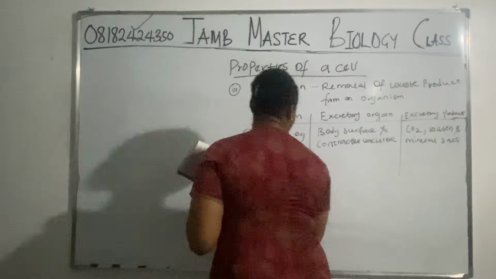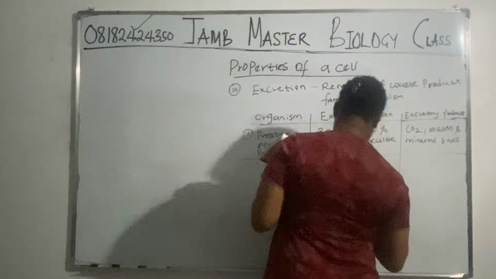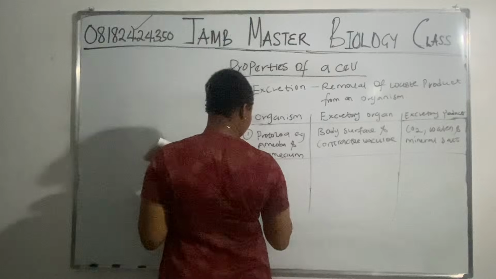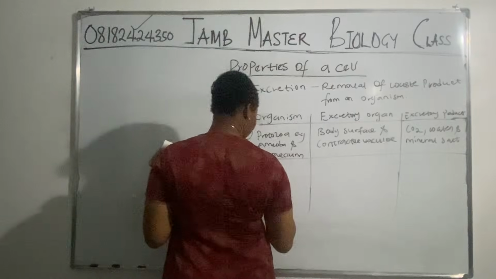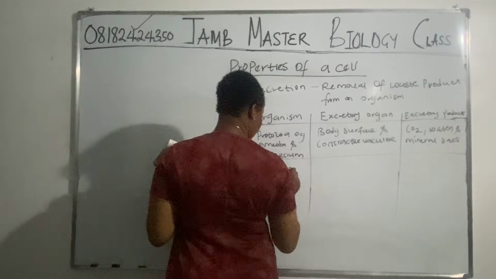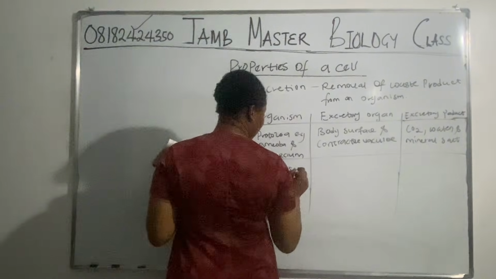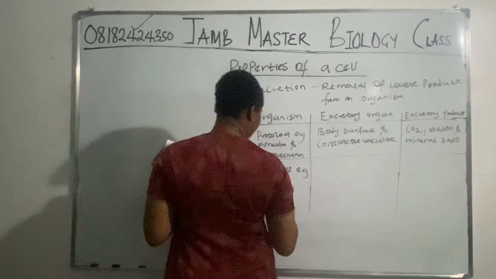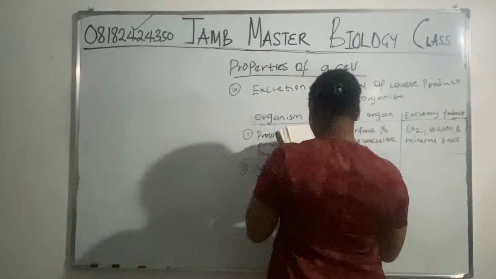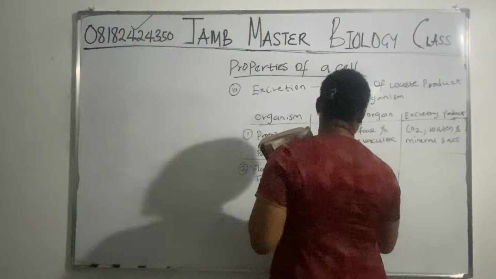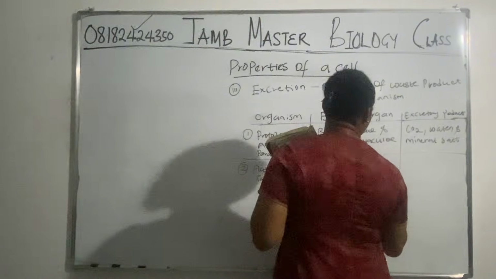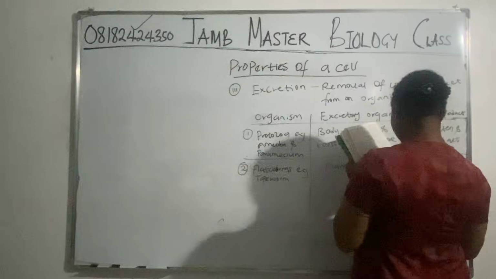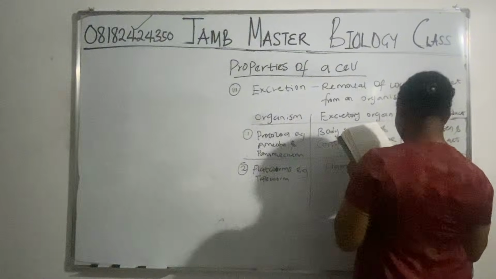The next one, number 2, we have flatworms. Example, we have the tapeworm. And their excretory organ is flame cell. And the excretory product is water, H2O, carbon dioxide, CO2,